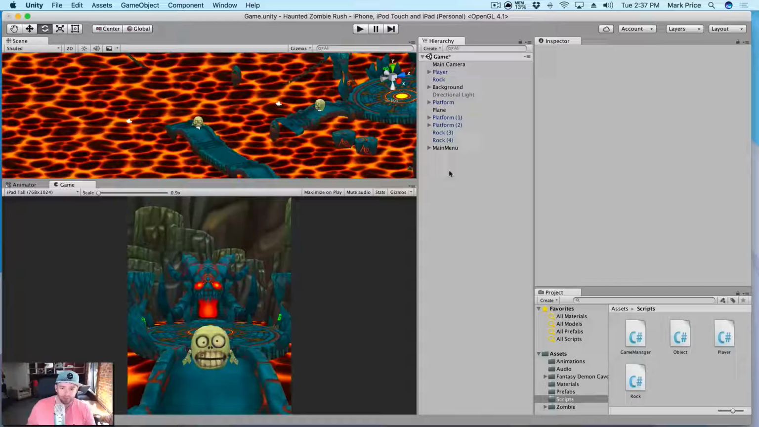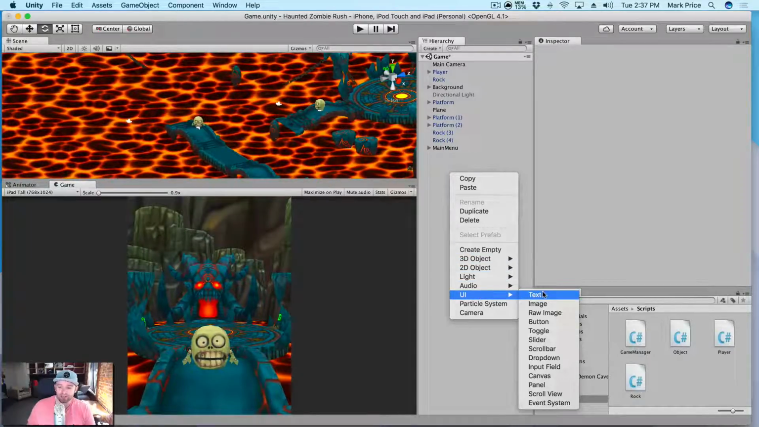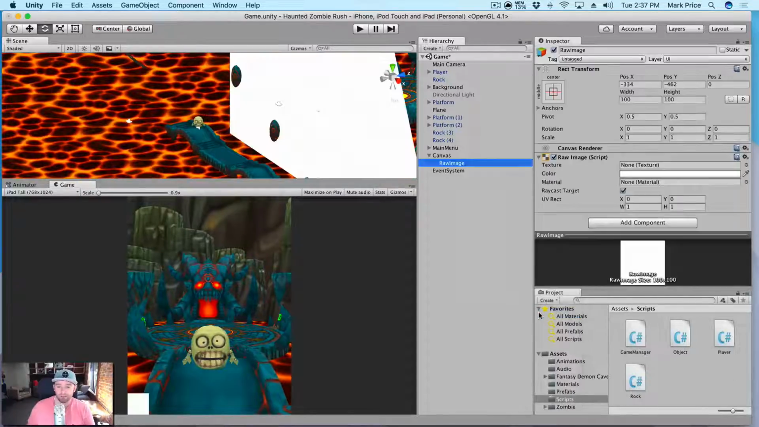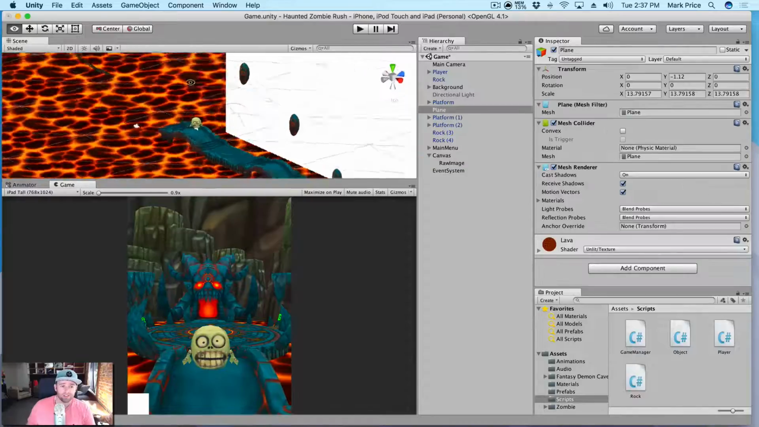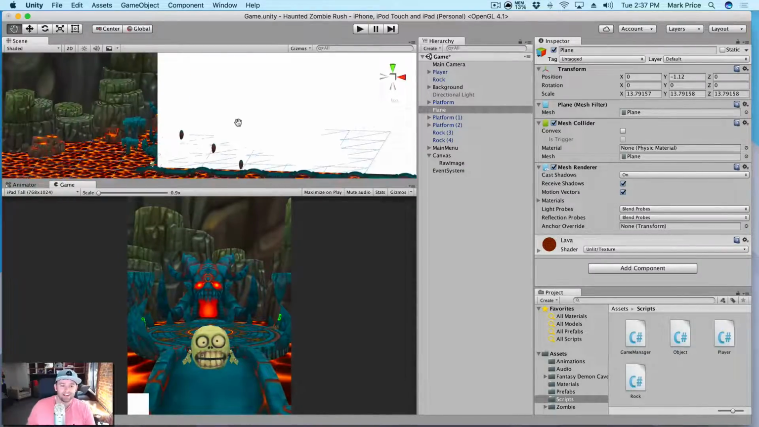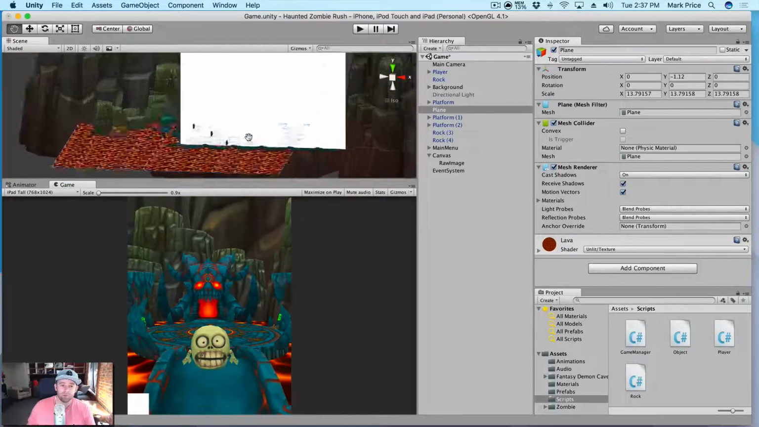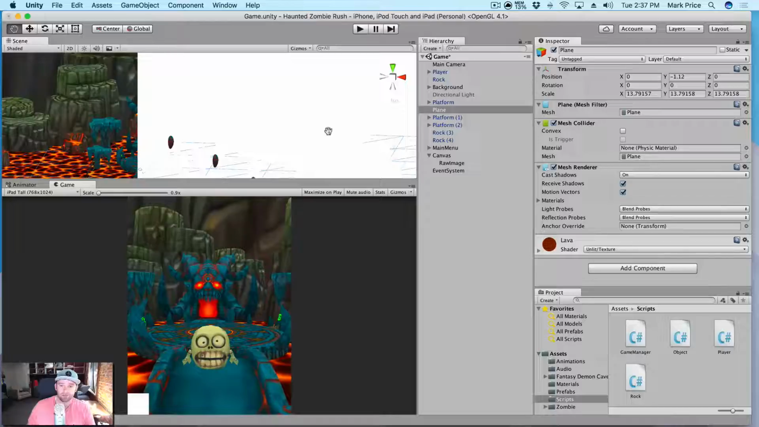Okay, we can do that by right-clicking and going to UI. You can create text, images, raw images, buttons, all kinds of things, right? What I want to do is work with raw images because I've created some nice graphics for you to use. Okay, so let's go ahead and create a raw image. Okay, and what you're going to see on the screen here is this big white thing. Now, this is just your user interface, and even though it's big and huge, don't worry about it too much just right now because